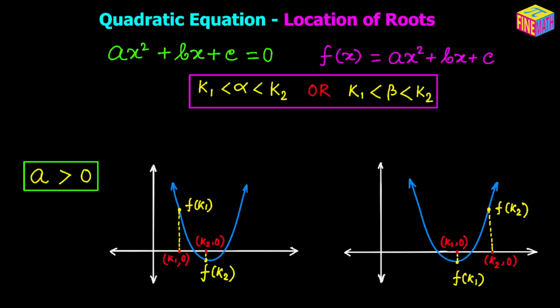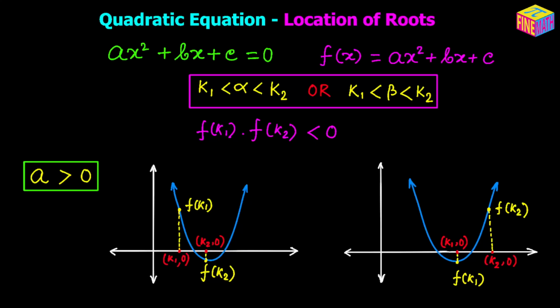So now if we take the product of these two function values, we can say f of k sub 1 times f of k sub 2 is looking negative. Whether alpha is between the two numbers or beta is between the two numbers, in any case the product of the two function values at those 2 points is looking negative. So this is the only condition we need for exactly one root to be between k sub 1 and k